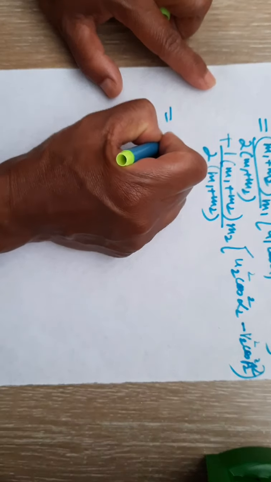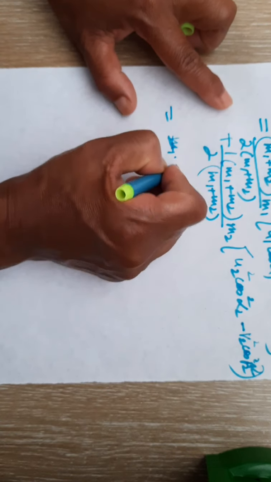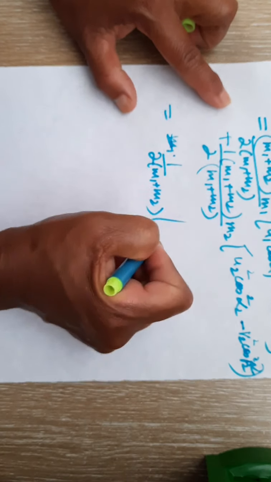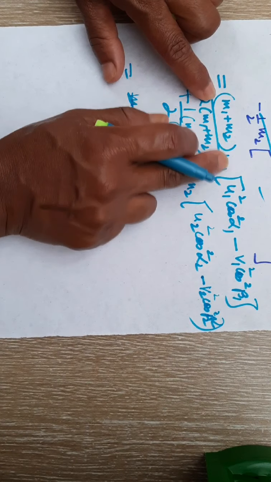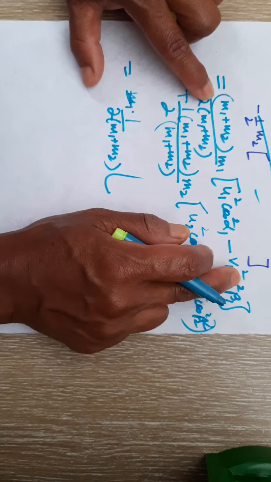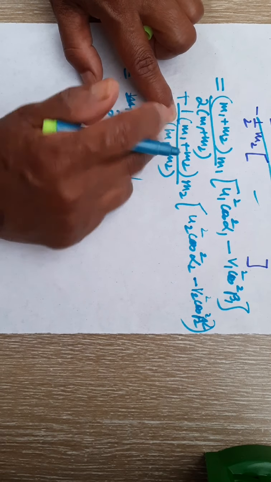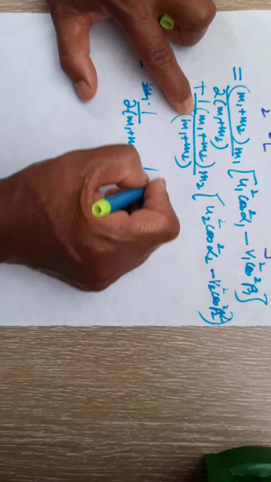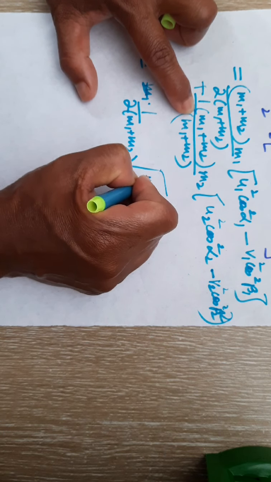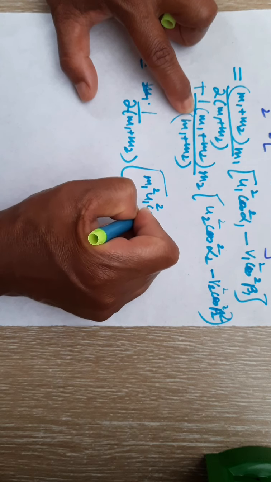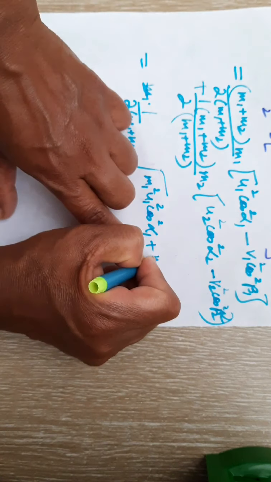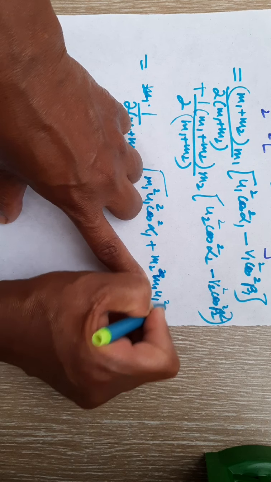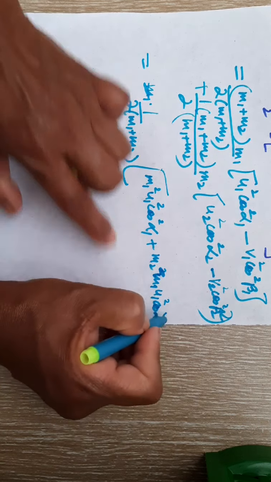Now let us take this one m1. Okay, I'll take half of m1 plus m2 as a common factor. Now here you multiply m1 plus m2 m1 into this term inside the bracket. Similarly for the second one also, you bring this m1 plus m2 into m2 inside this one. Then you'll see that you'll get this term m1 square u1 square cos square alpha 1 plus m2 m1 u1 square cos square alpha 1